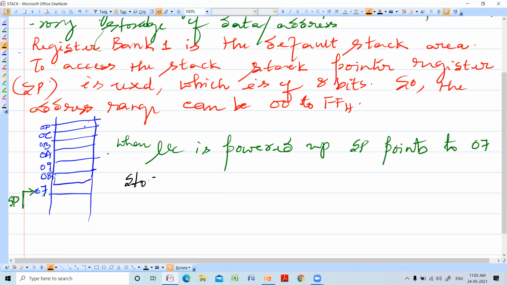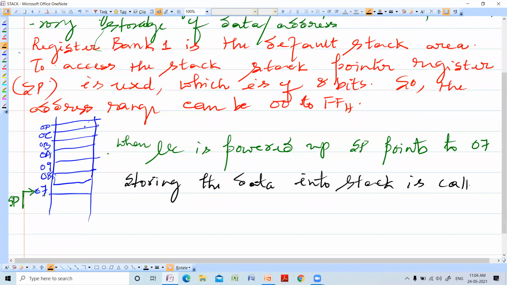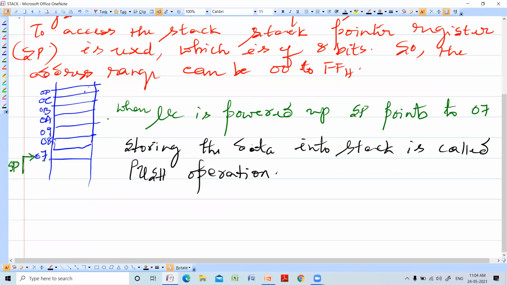Storing the data into the stack is called push operation.